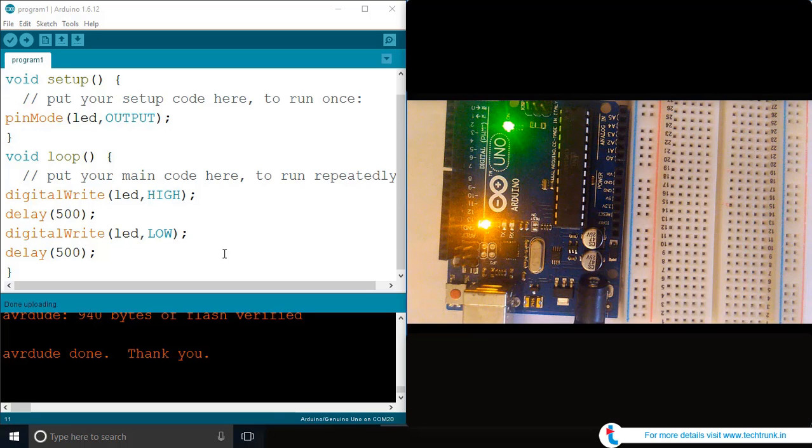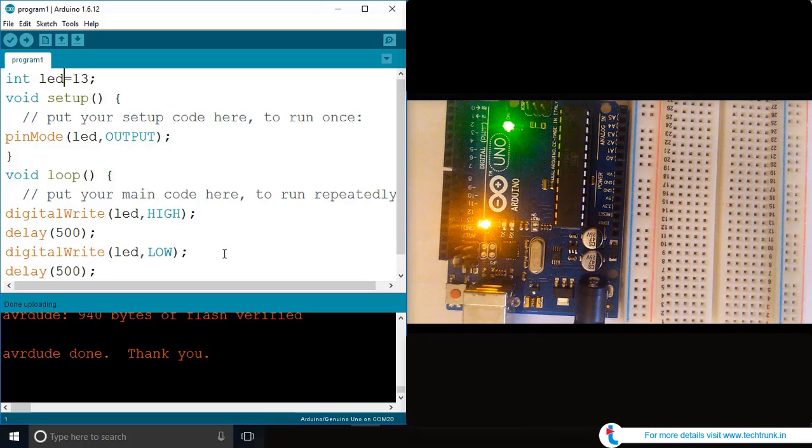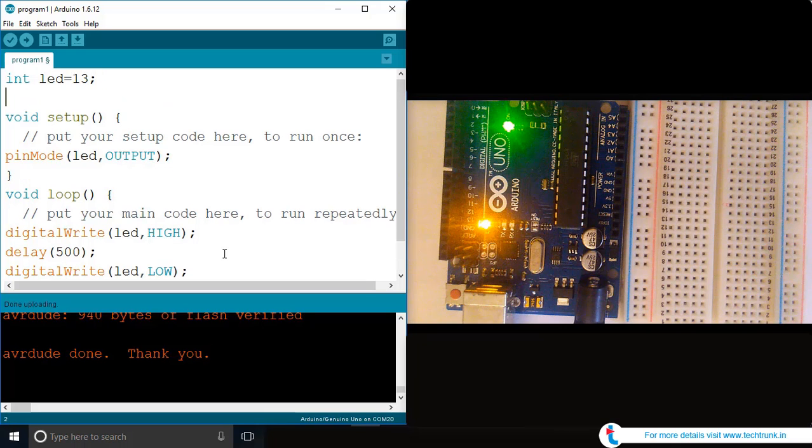Next thing we're going to look after is not only pin number 13, but you can use other pins as well for programming your LEDs. Let us say that you want to program one more LED, so for that we can take int LED2 equals to, let's say that we are going to connect the LED on pin number 12. So it's going to be int LED2 equals to 12,